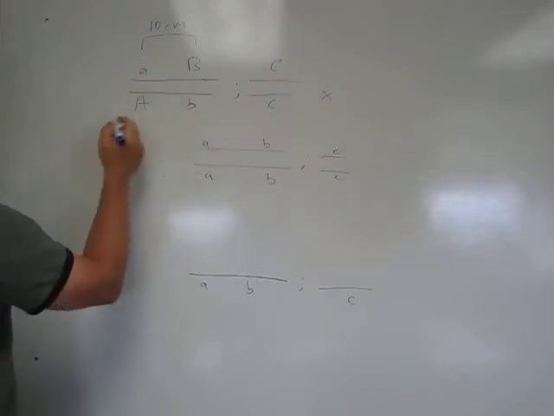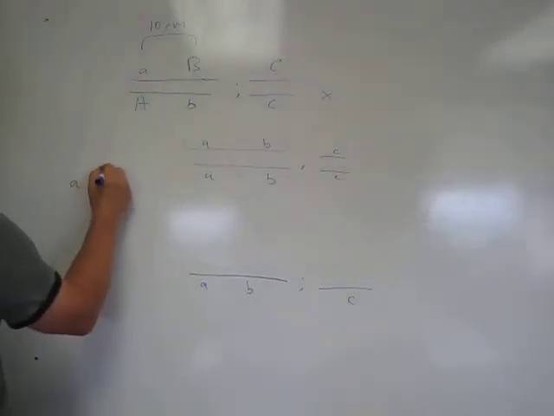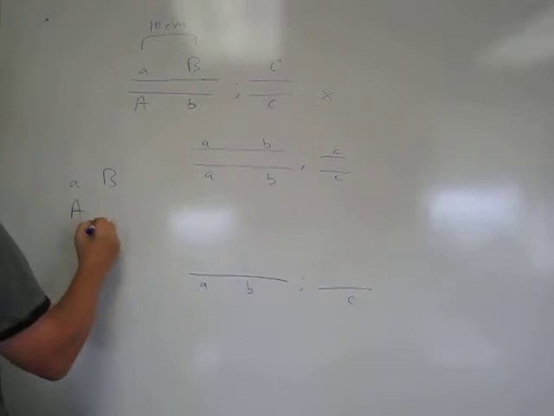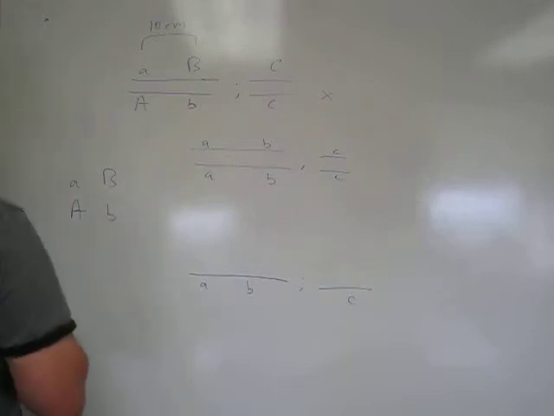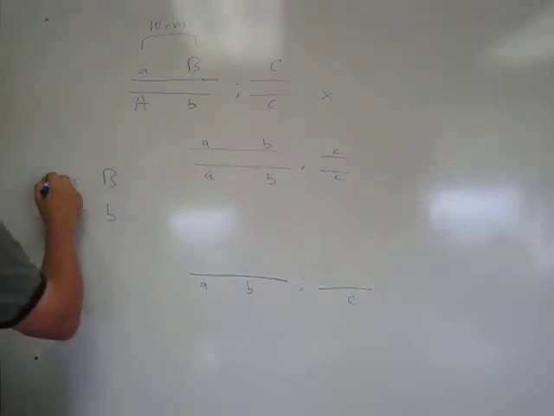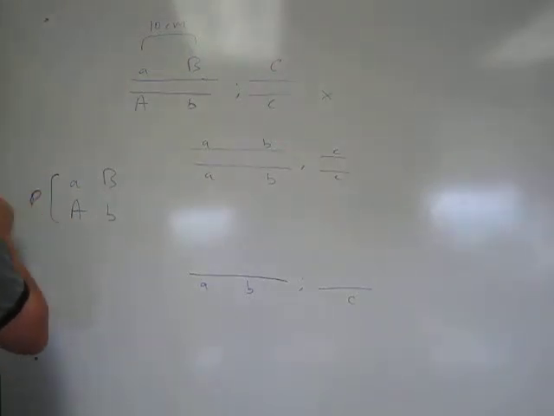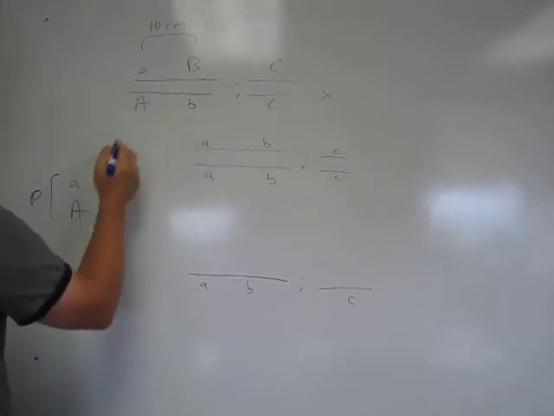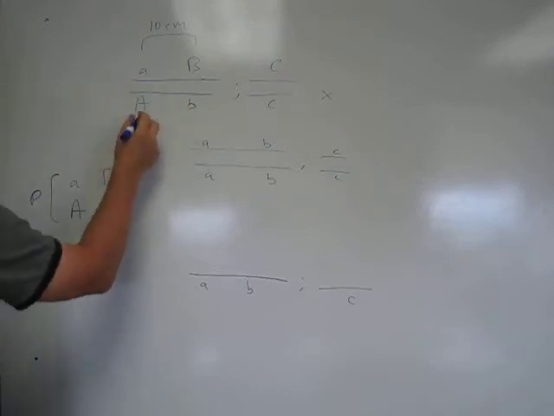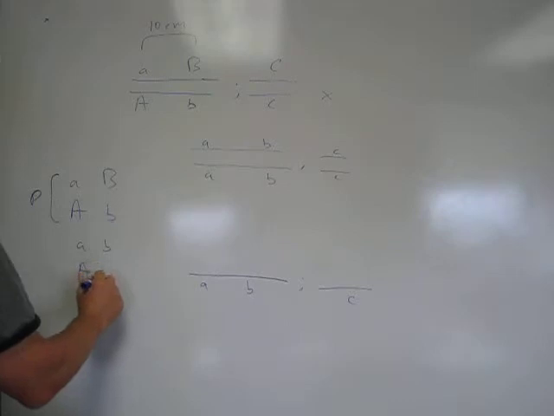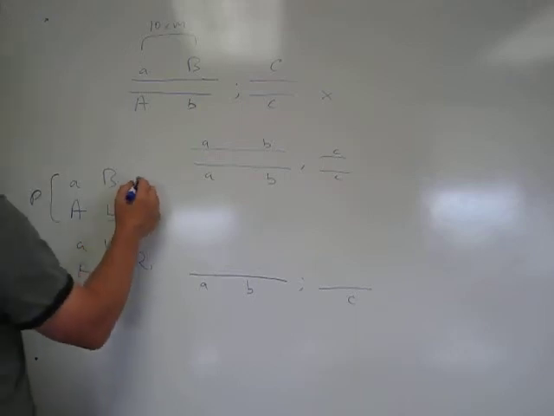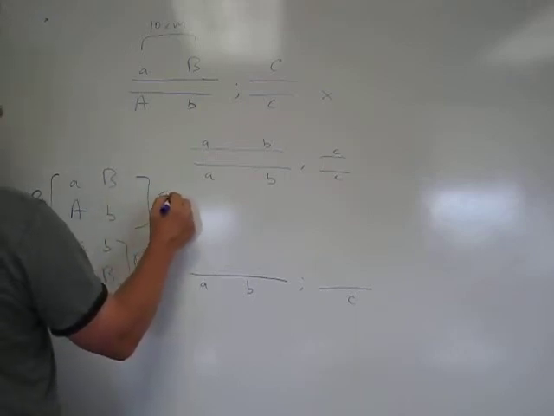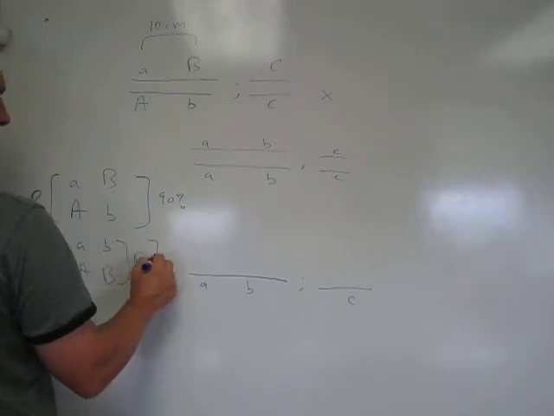So this individual produces a little a, big B, or a big A, little b, okay? And those are the parentals. You can do a P for that. And then the recombinants are little a, little b, and big A, big B, of course. So those are the recombinants. Now, what percentage of each of these classes? Well, these are going to be about 90% expected, and these are going to be about 10% expected